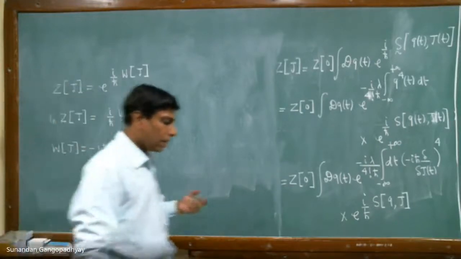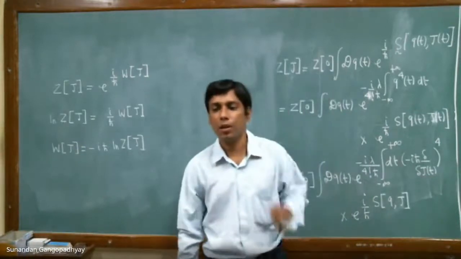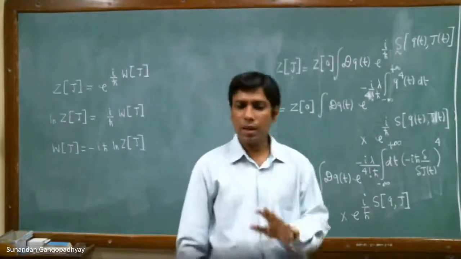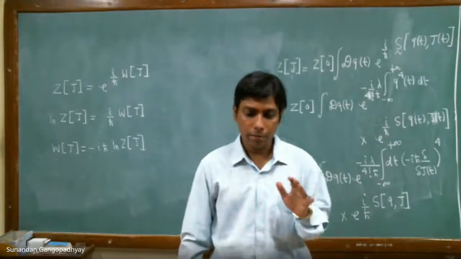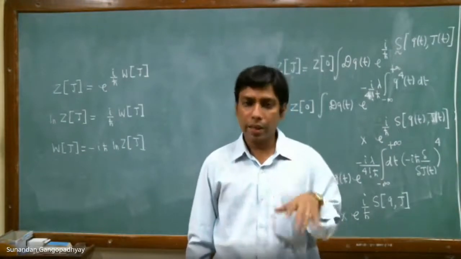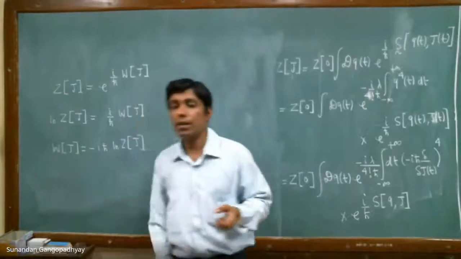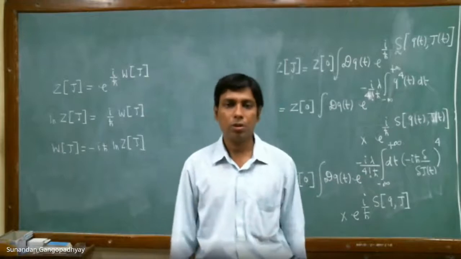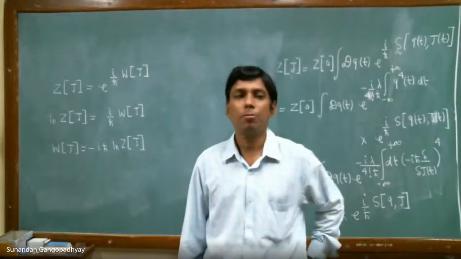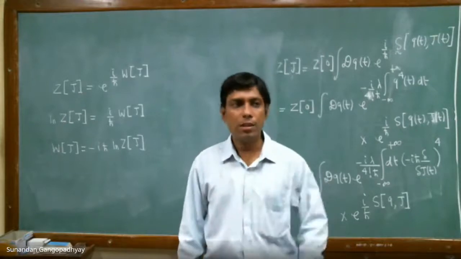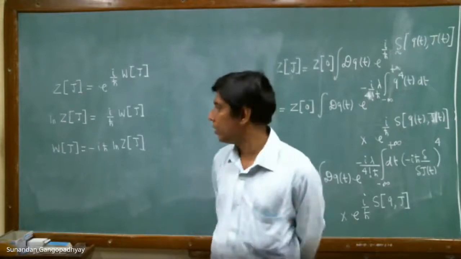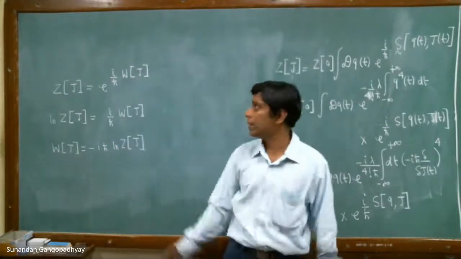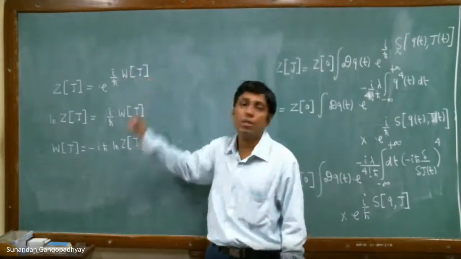You will later on understand what is the importance of this Schwinger functional W[J]. This is a very important thing in quantum field theory. For the time being, just remember that just as the generating functional generates the Green's functions, this generates the connected Green's functions. All the Green's functions which are connected. So this is the generator for connected Green's functions. We just keep this in mind, and as we do field theory, it will become more clear what it really is. For the time being, just remember that you can define another generating function, which is W[J].